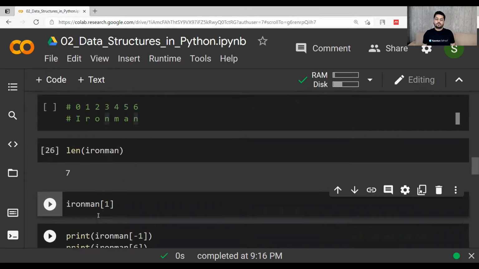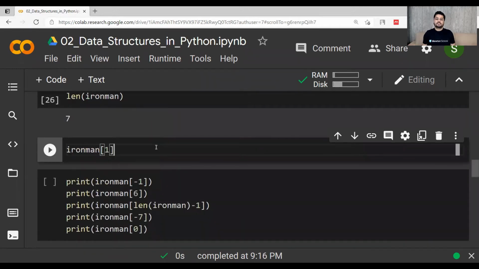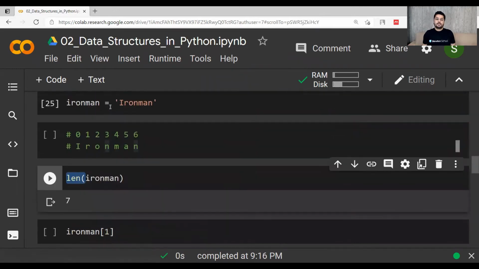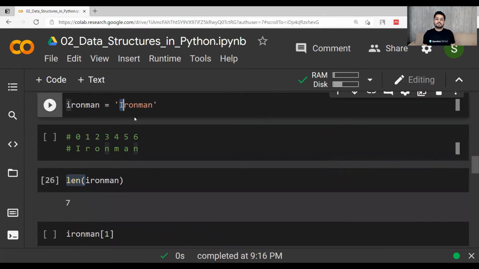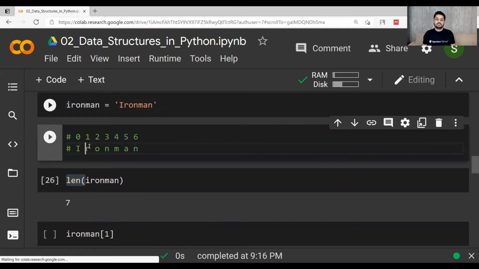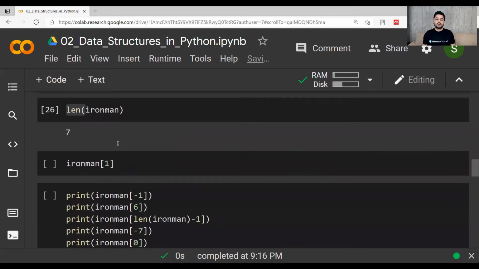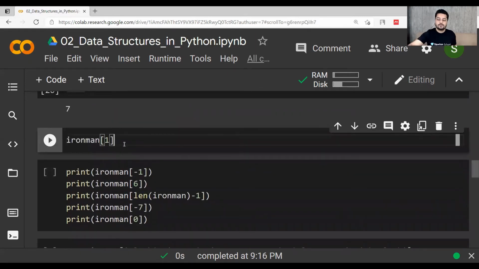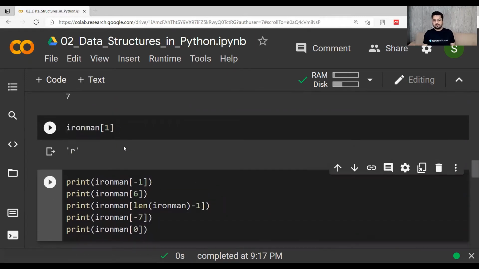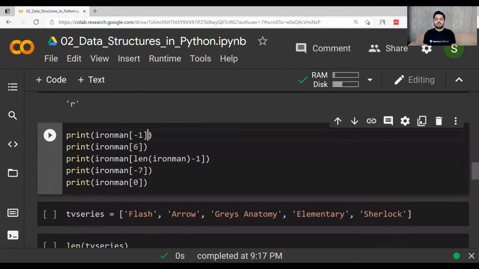Now, if I want to print ironman 1, it means that within this, I was at 0 location, 1 was R, you can see here also, right? So R will be printed in this case. Now let's understand this. If I write -1, it means start from the end and move one location. So what will be the value? It will be n, because ironman has n in the end.